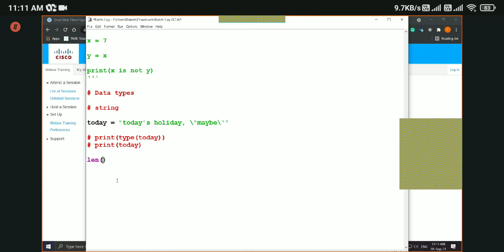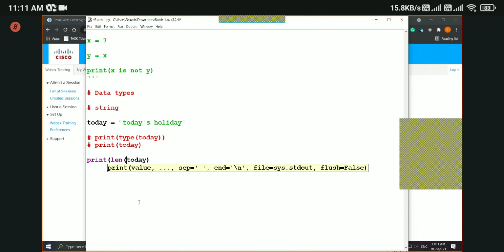So let us see the length. We have a variable here, right? It is a variable, and it is a string data type. So like I said, string has a length. To make it simple, what I will do is I will just remove all of this extra string, and let's see the length of this string, right? In order to see the output, we need to use print function, right? Print is the output function. Using that, we can see the output.